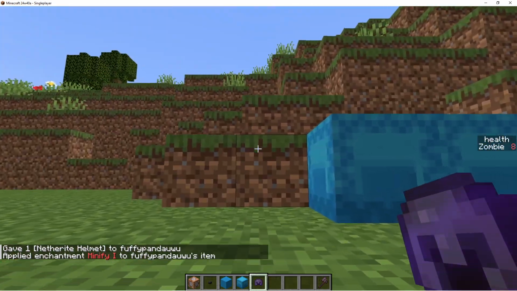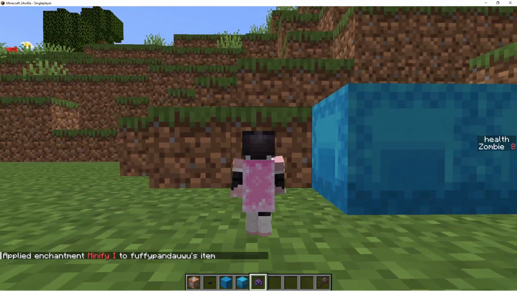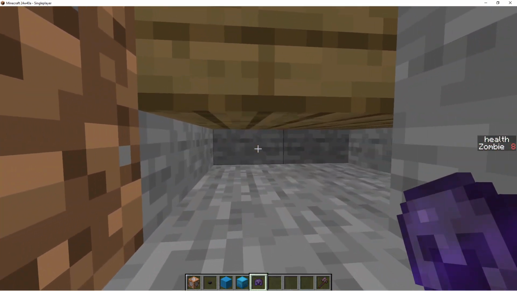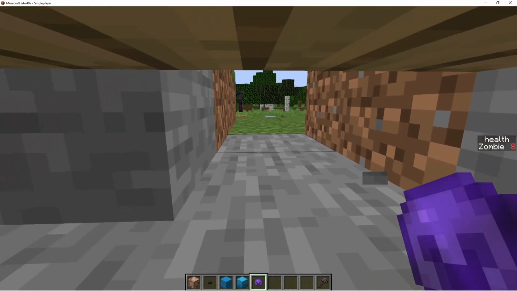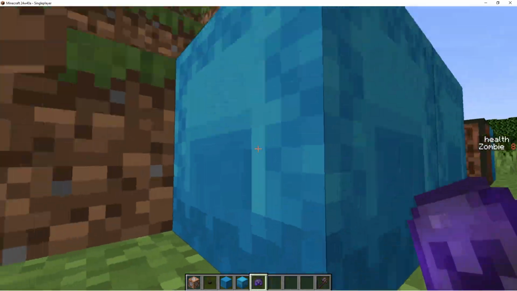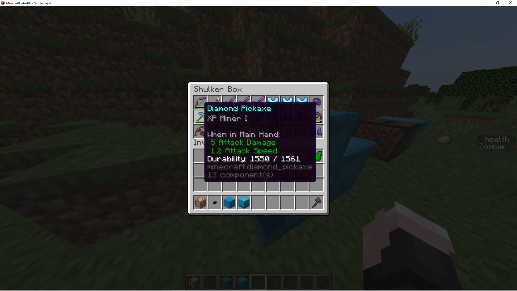If I wear it, it makes me really small, and you also jump barely anything, so that's why it's a curse. The only upside of this is that you can fit in really small spaces, but other than that, it kind of sucks. Next we have